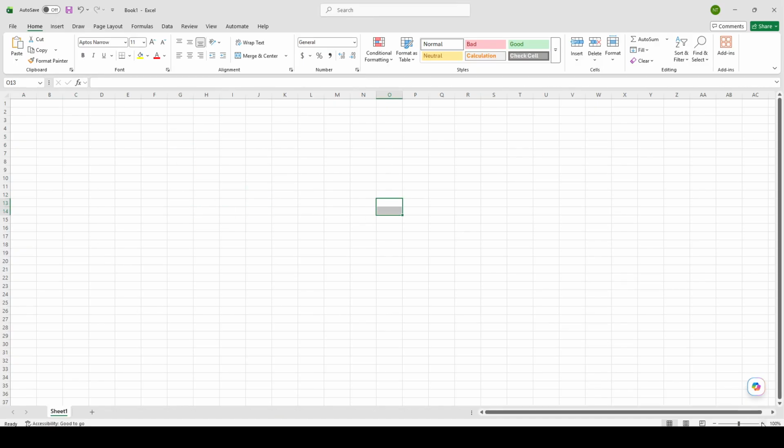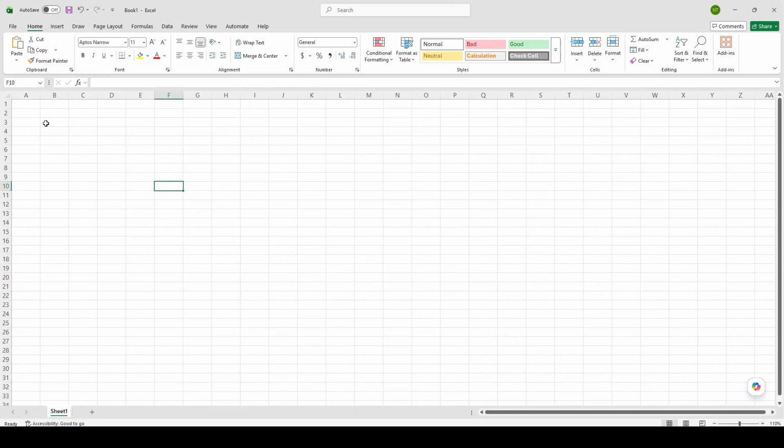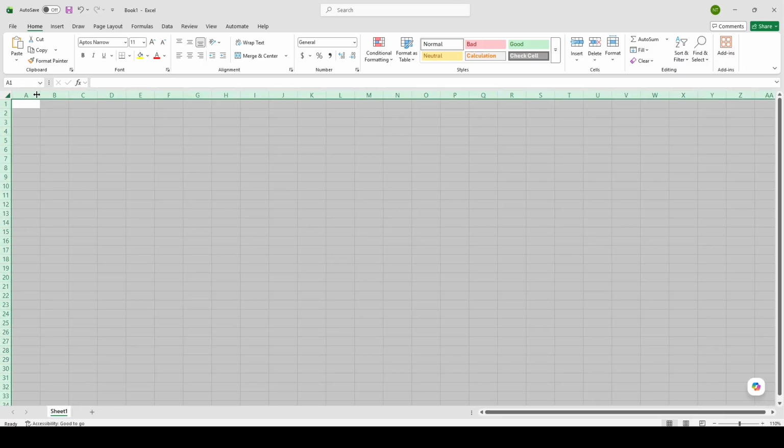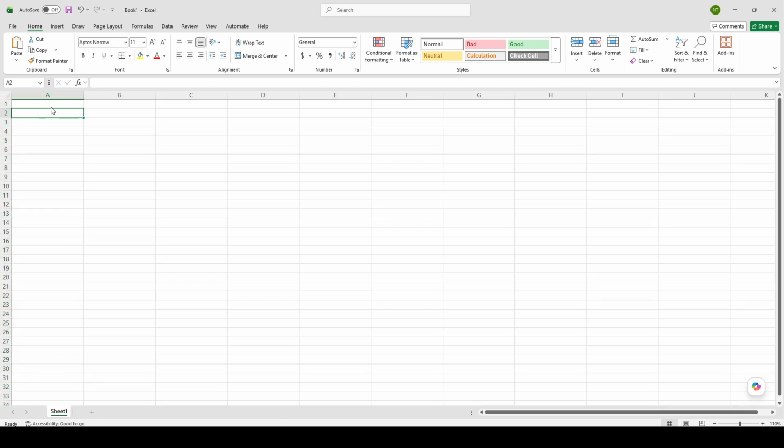Once the blank workbook opens, move to the top left corner of the grid and click cell A1. This is a common starting point because it is the first cell in the spreadsheet. You can think of this area as the place where your column titles or headers will go. Type your first header name into cell A1. Your header should describe the type of information that will appear underneath it, so choose a label that is clear